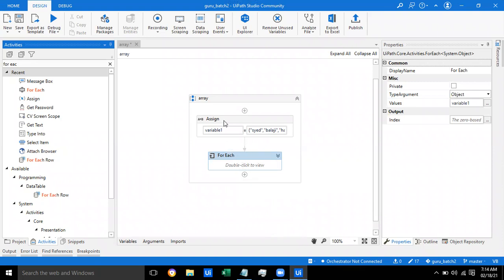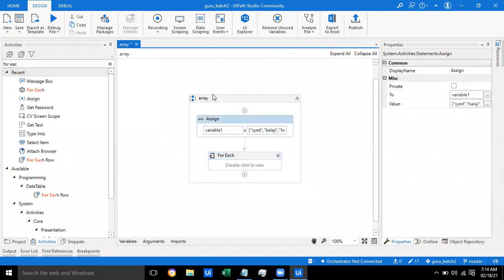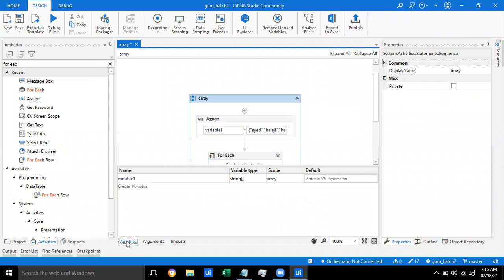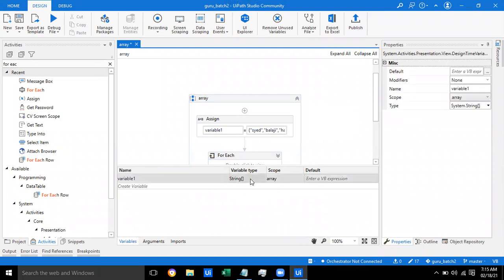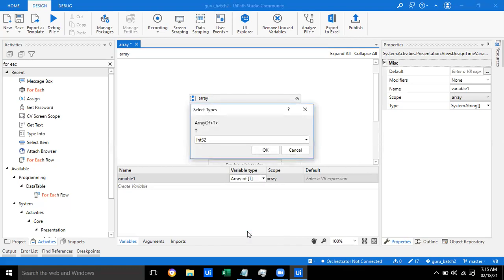Hamad and Umara. So first thing first, we need to modify the variable names, right? Type of the variable, yeah, it should be array. That's correct.